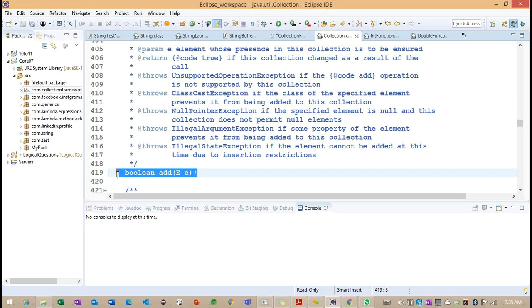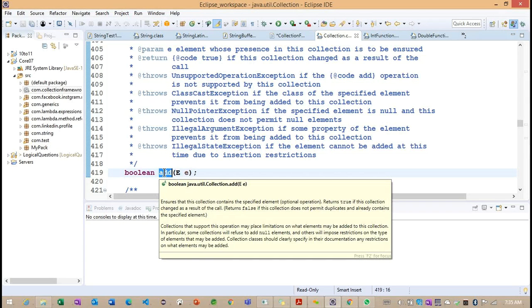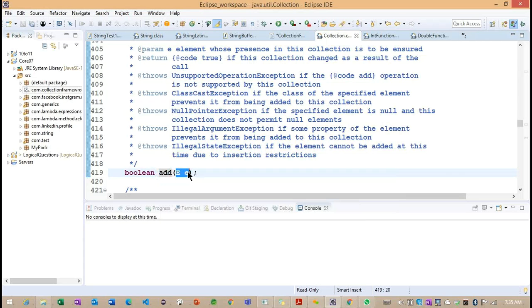Okay, observe here: add(e). Getting the point? This is very important, the add method. What is the purpose of this add method? If I want to add any object into our collection, we call this add method, which expects e.